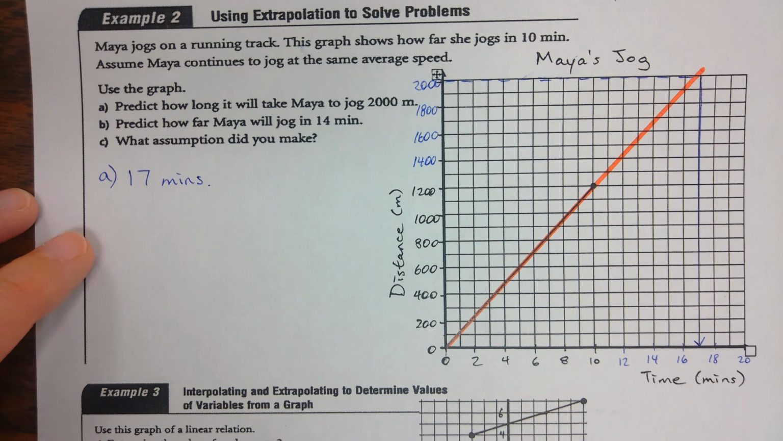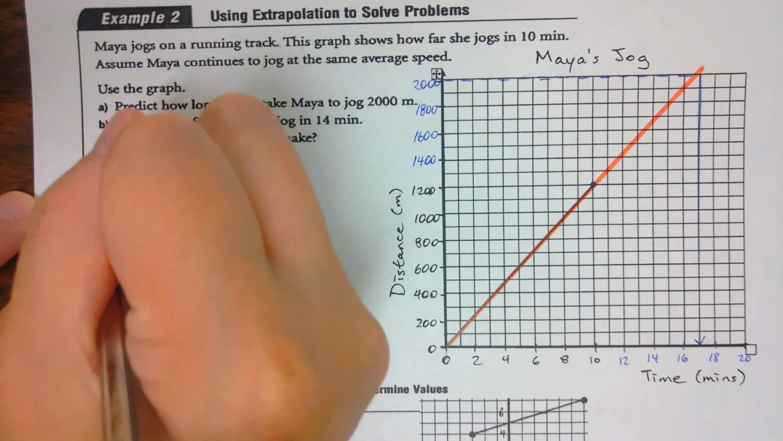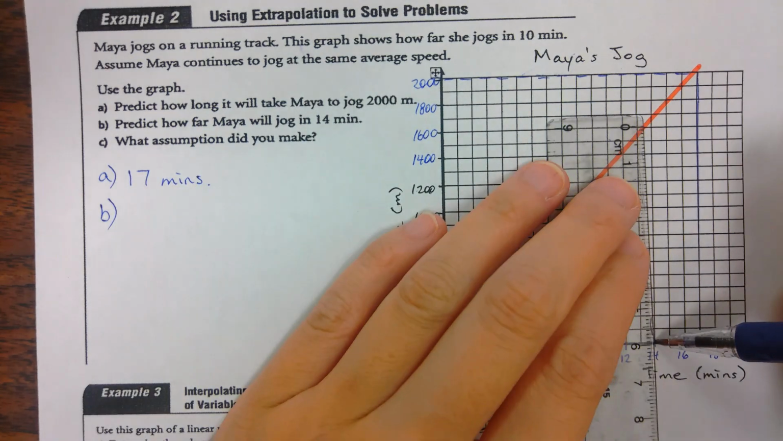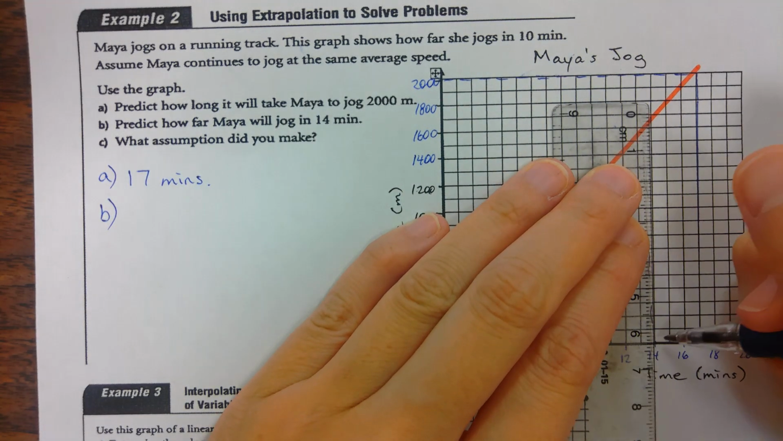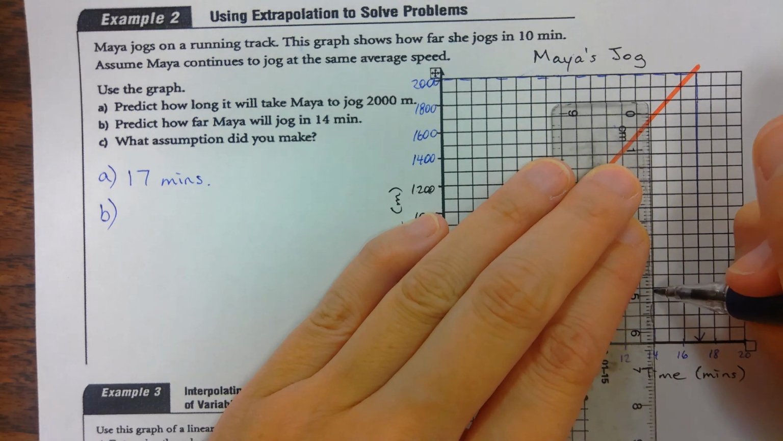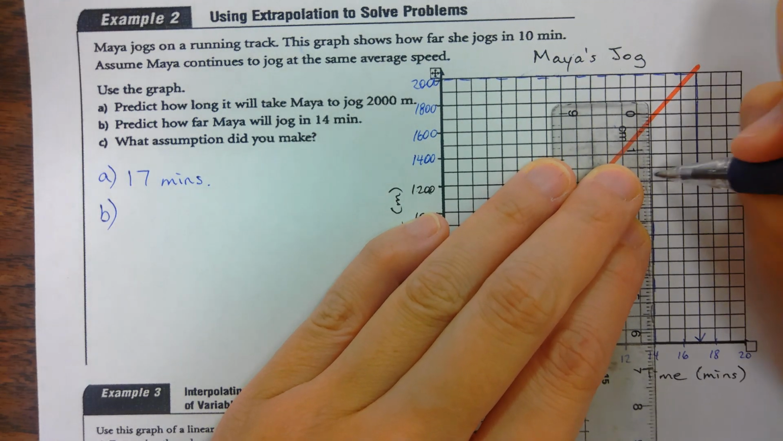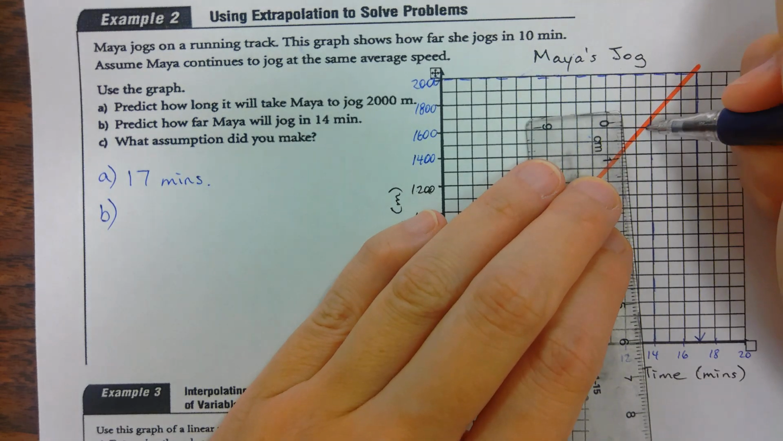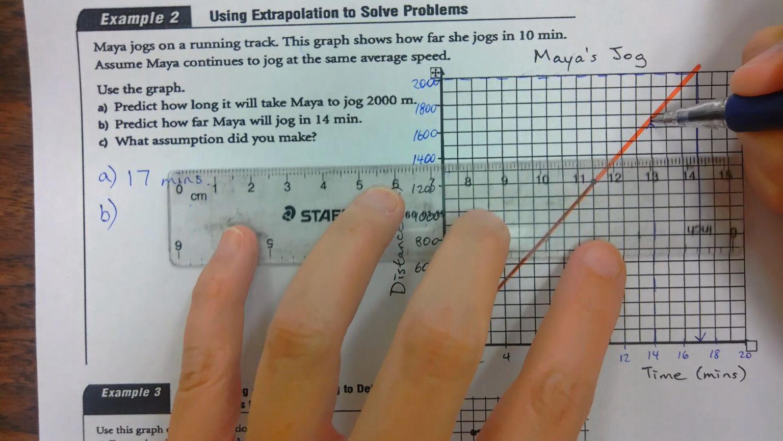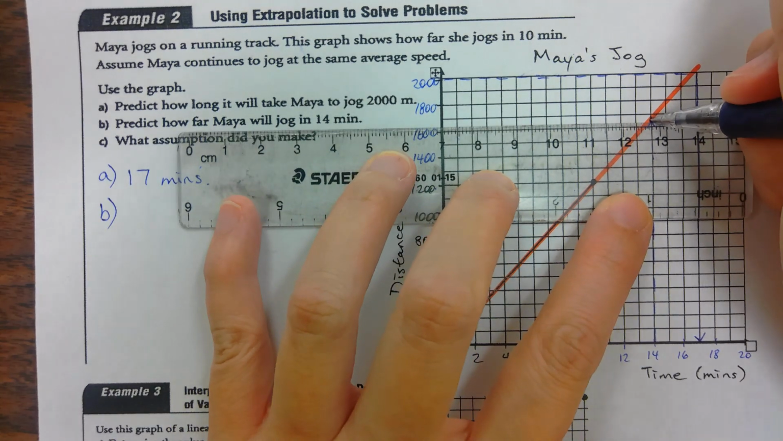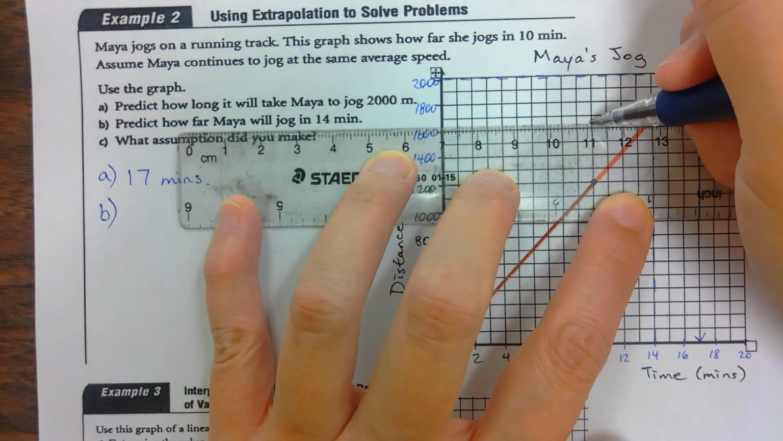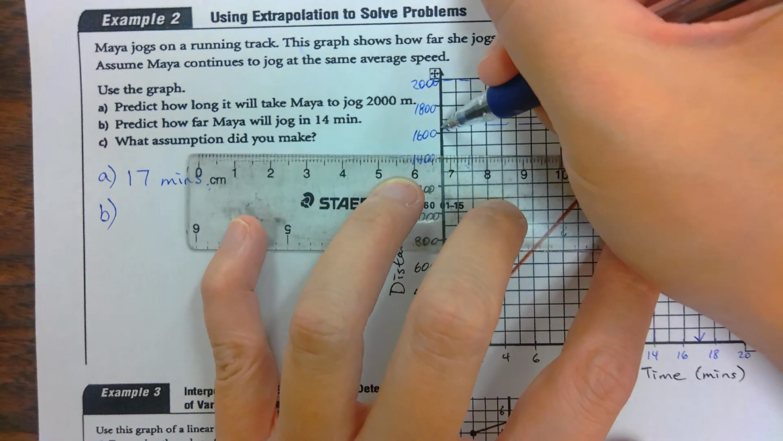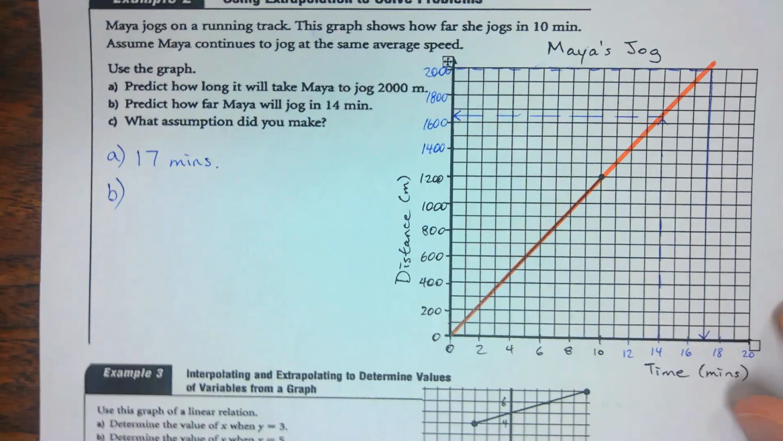Okay. Predict how far Maya will jog in 14 minutes. So 14 minutes, I'm going to go to 14 on my x-axis. Draw a dotted line up to the graph right here. Alright, and then across. Okay, so again, showing this dotted line is part of showing your work. Okay, which is roughly about